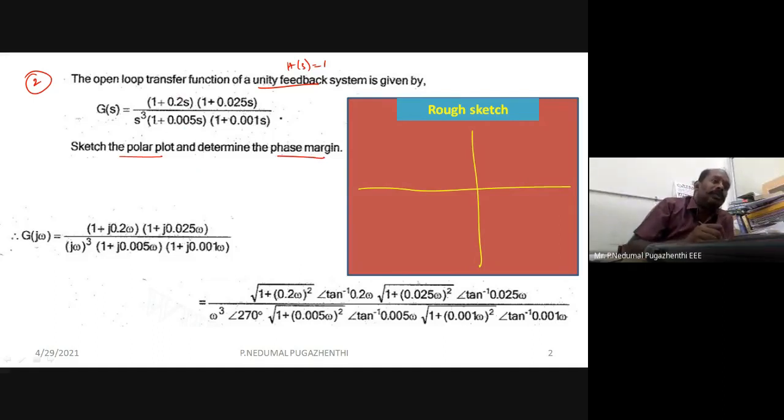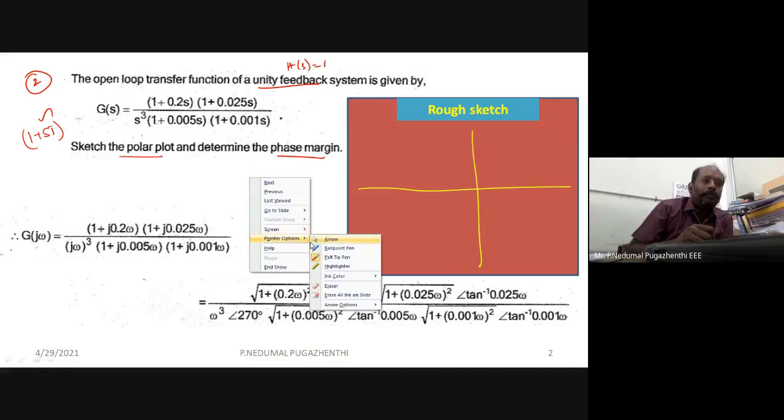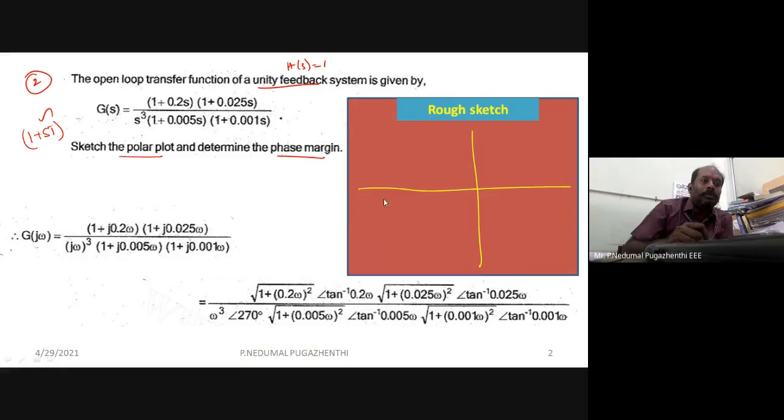What we are trying to do here is we first analyze whether the provided system is in time constant form. Yes, it is in time constant form. All the factors available in the transfer function are of the form 1 plus sT. Okay, so I should know what the rough sketch is. So I will try to predict the type of the system. The type is 3 and the order is 5. The order is 5. So obviously my graph should look like this.